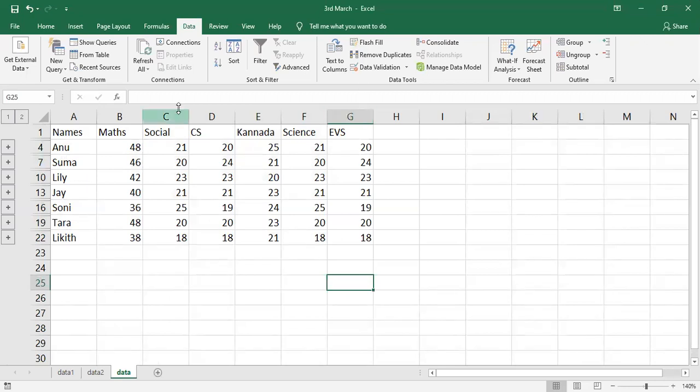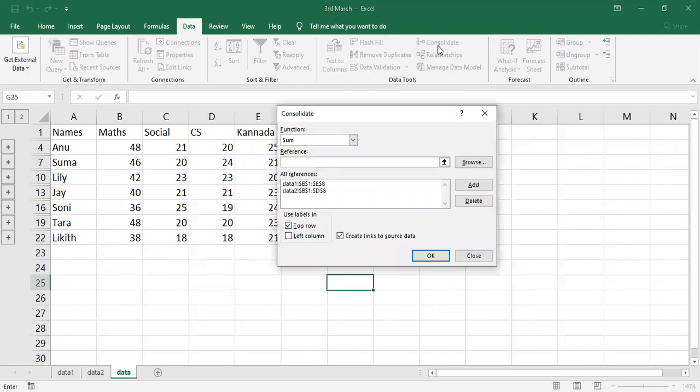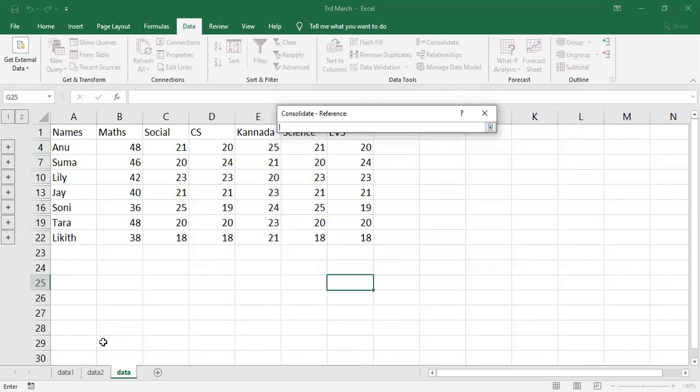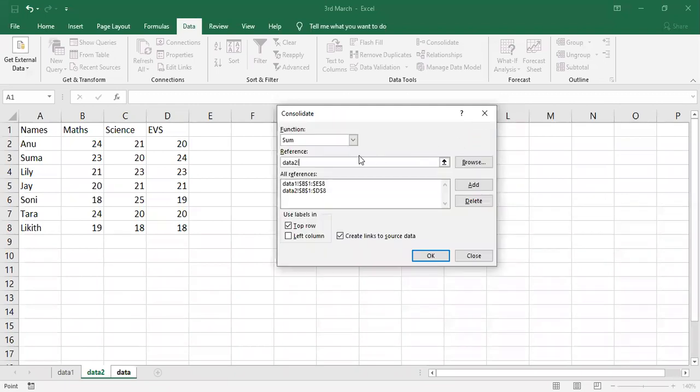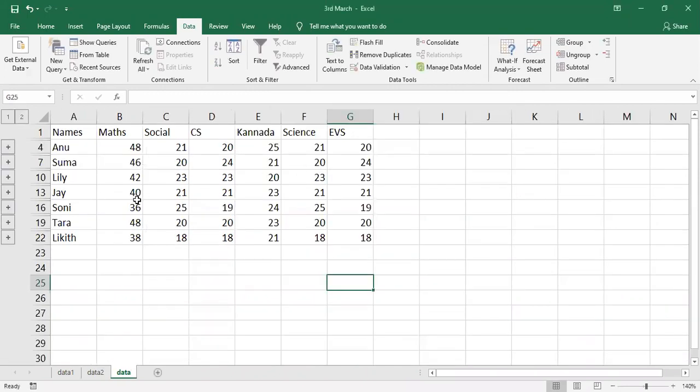What you need to do is, you need to select here consolidate. In the reference, when you click, if you have opened any other Excel sheet, you have to open that sheet, select that sheet, select that range, and then you need to add it. Similar to what we have done in the previous example and this. Okay, you have to try once, try doing all this. If you have any doubts, you can let me know.